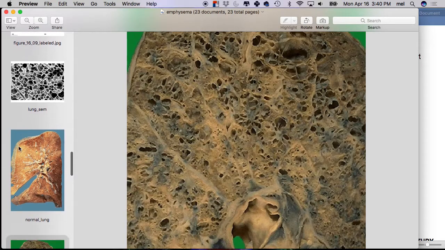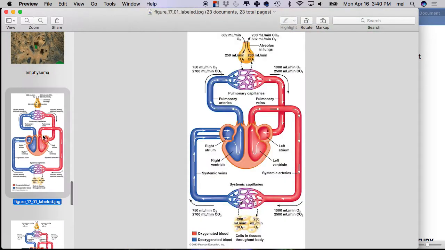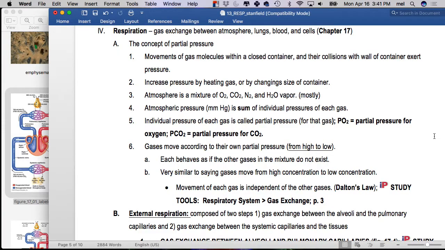Respiration is, again, gas exchange. So when we start doing respiration, we are going to do respiration here at the pulmonary capillary beds, right? We're going to do it again at the systemic capillary beds. And we are going to do it all to serve cellular respiration, right? So we are going to do external respiration, 2 phases, and then internal respiration, which is the same as cellular